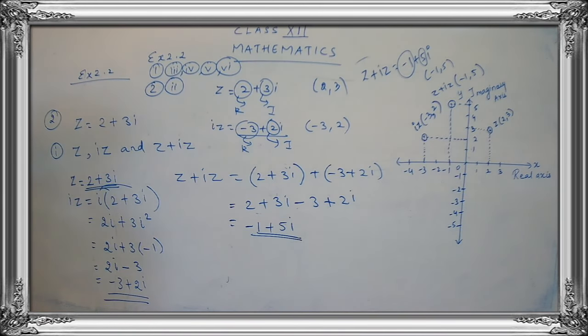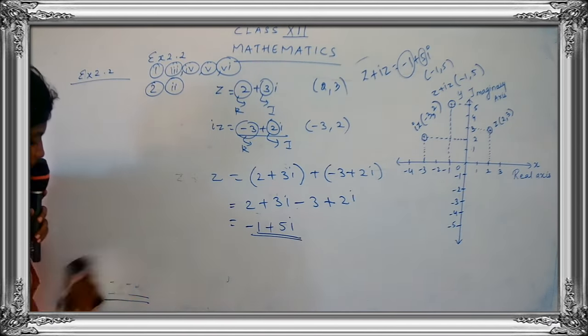Let's see how to proceed with the answer. Here they have given you the condition that both the complex numbers are equal. From the question we are saying the complex numbers are equal. So we have to equate them. That means we say that both the numbers are equal and you are going to find out the value for x and also the value for y. Let's start with sum number 3.